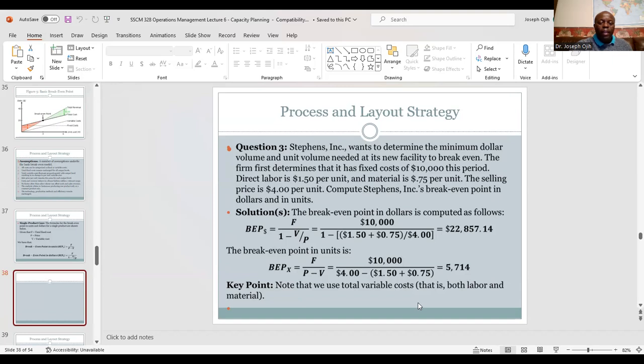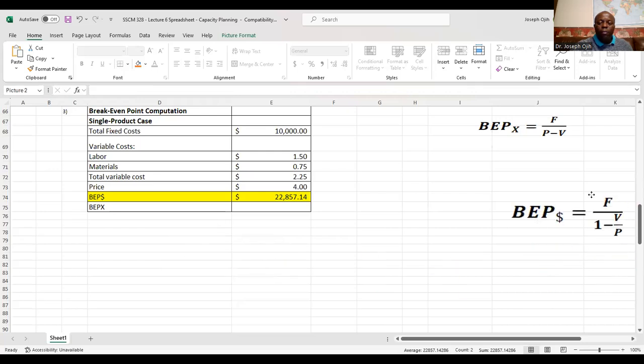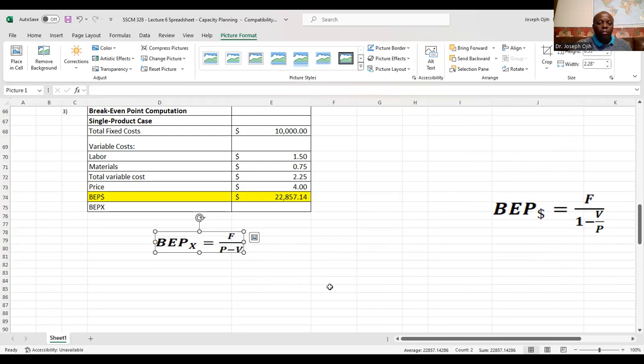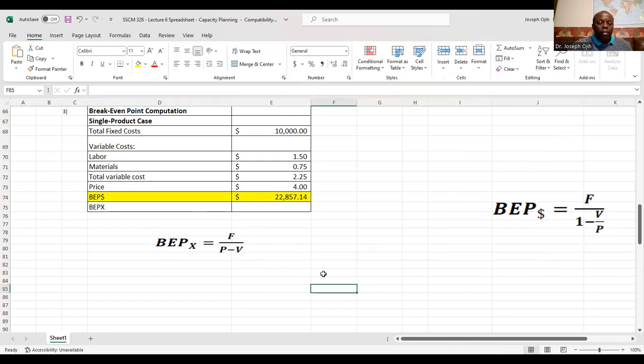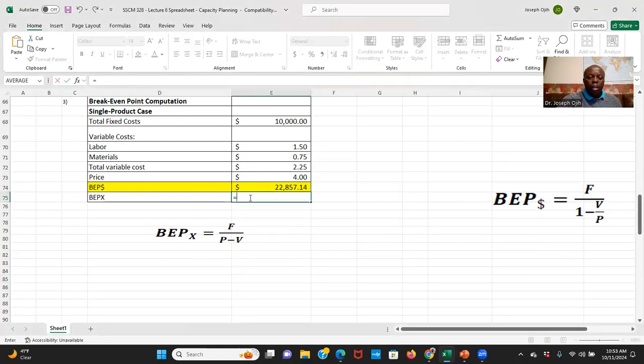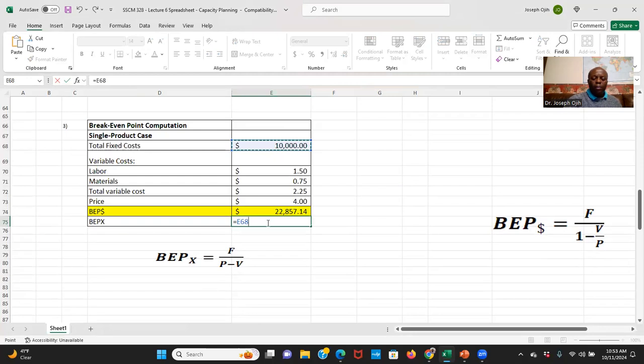Okay. Now that's for in dollars. If you want to get it by a number of units, in that case, we're gonna use the other form, which is this one here as well. So to do that, we try the formula. We have break-even point equals, we have total fixed cost, okay, divided by